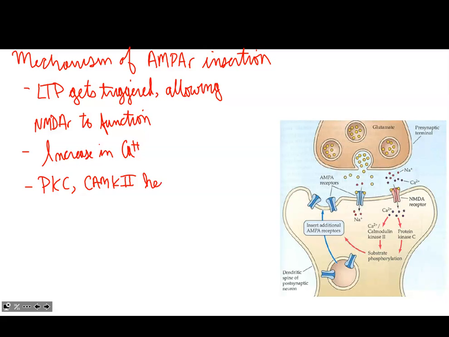So we'll just say help insert. And this is the part where there's some question marks around exactly what PKC and CAMK2 are targeting, but we know that AMPA receptors